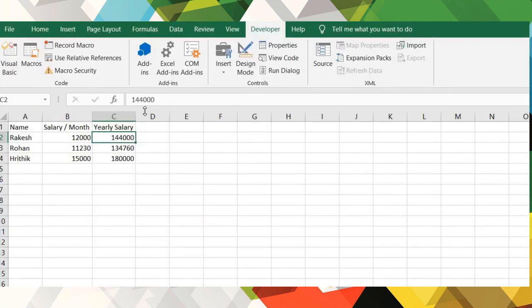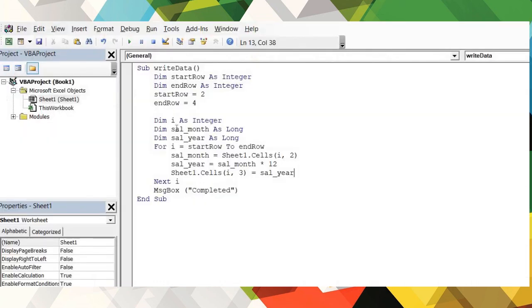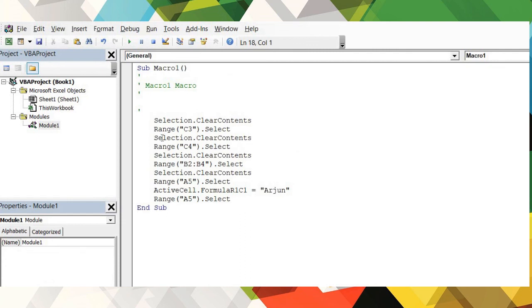Last, there is a record option in the Developer tab, and you can use that to record any actions that you do in the Excel sheet. You can use the stop recording button to stop recording the macro. The recorded information will be converted to VB code and it will be stored in the VB editor. Use the Visual Basic option to see the code. Expand the modules and click on the Module 1 and you can see the recorded macro or the converted code.